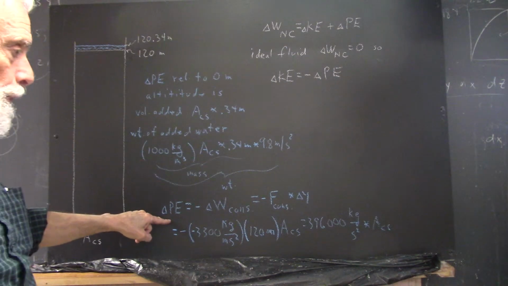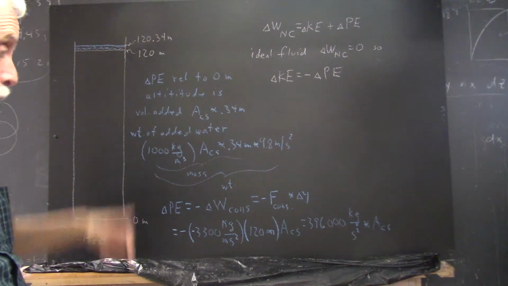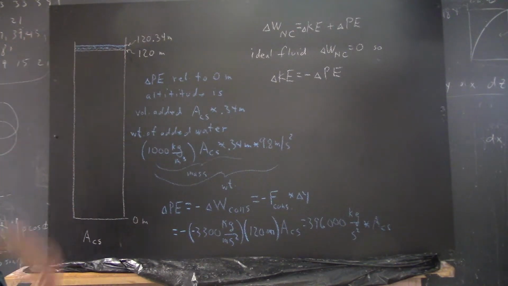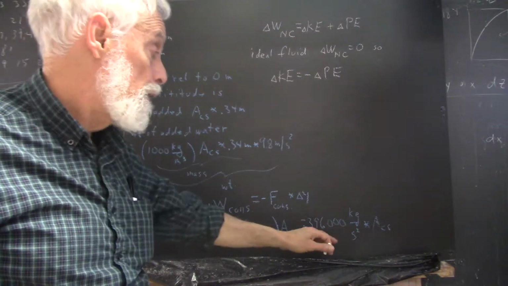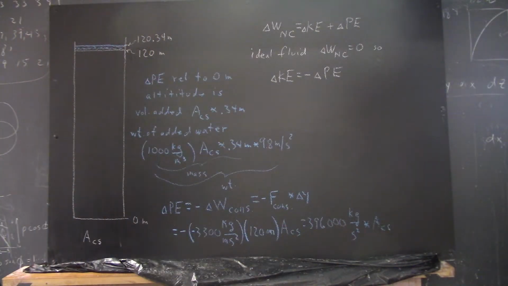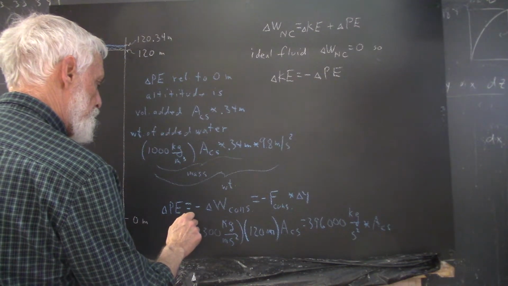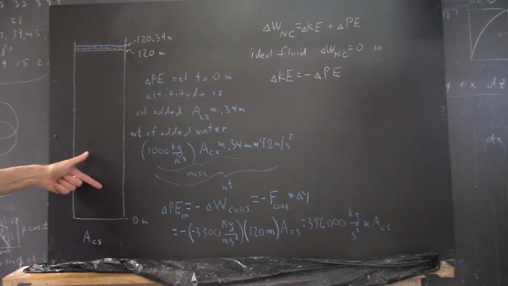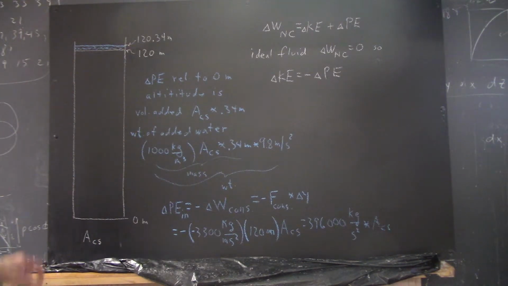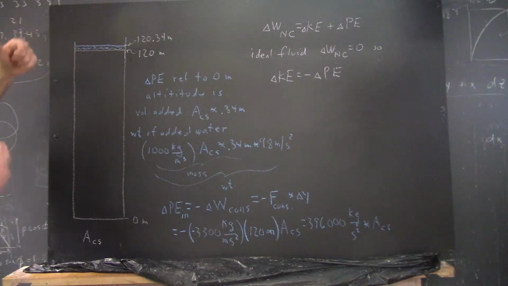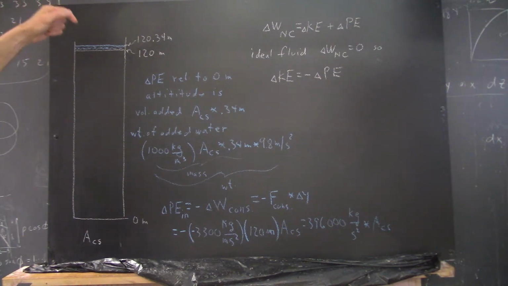Now this is a change in potential energy when we're pumping the water in. Pumping the water out, the change of potential energy will be opposite to this. So maybe I should put an N here. That's as water is going into the container, the vessel, the tower, whatever we want to call it. As it comes out,